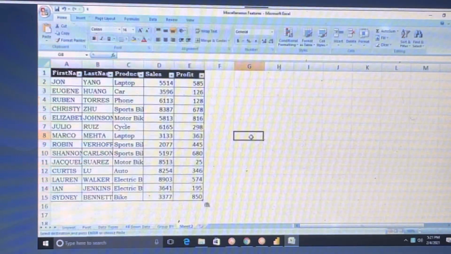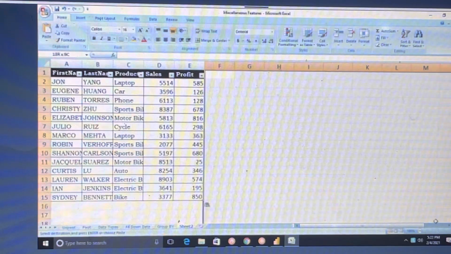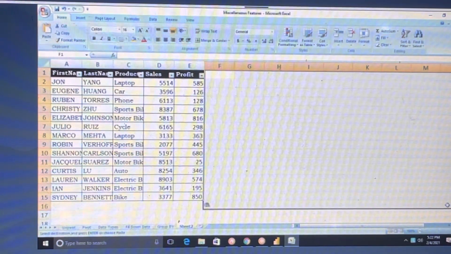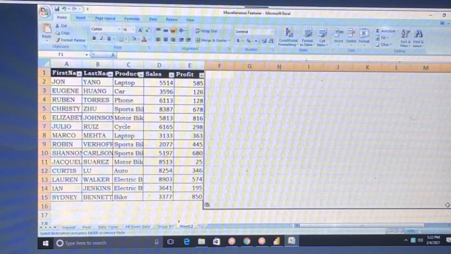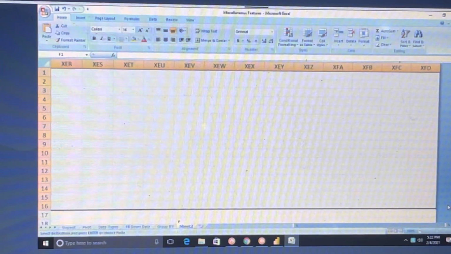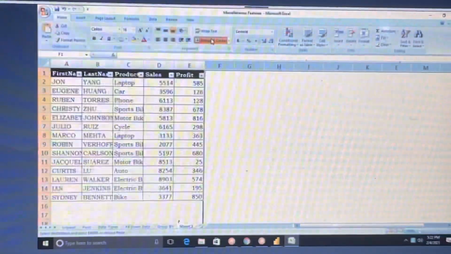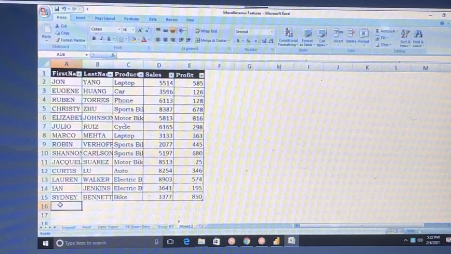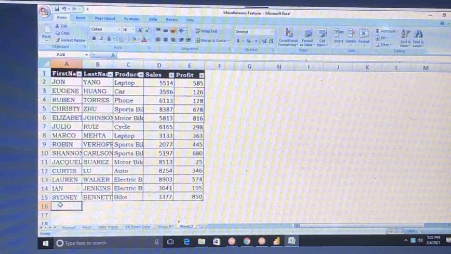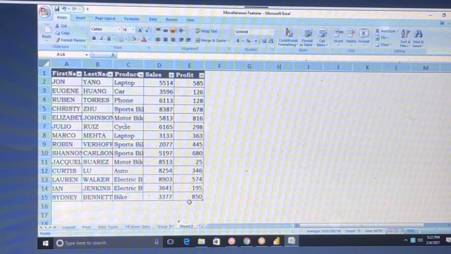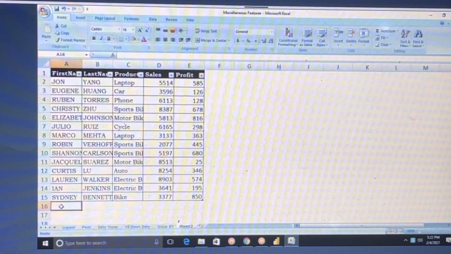This is what you are saying, right? It is not merged. If you merge, then it becomes one cell, the whole thing becomes one cell. But there are all different cells, and there is no grid. How to remove the grid? I don't know. Hold on.